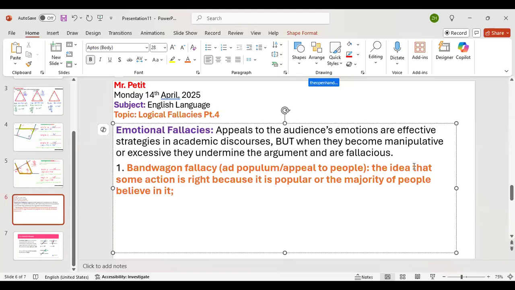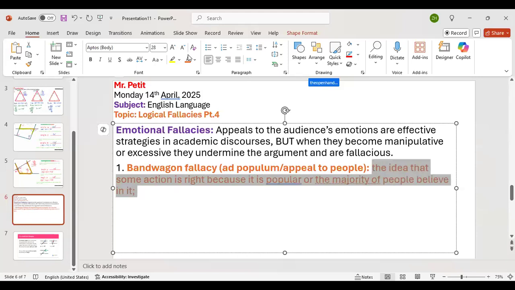So why does it appeal to emotion? What sort of emotion does it appeal to? The urge to belong. Say it again, Gabriel. To belong. Some people just want to belong. They just want to be a part of something. They want to feel accepted and loved, that they are part of something.